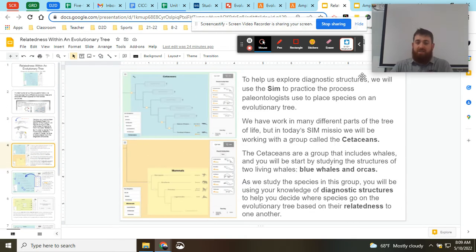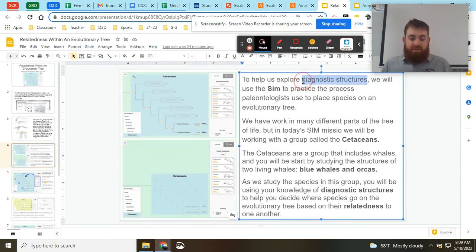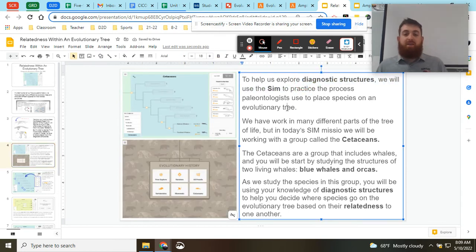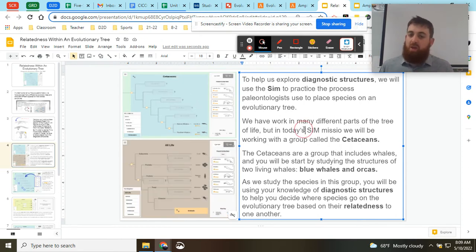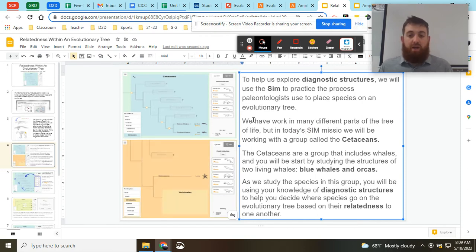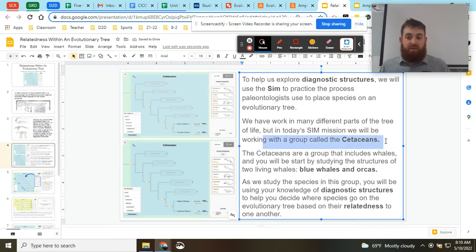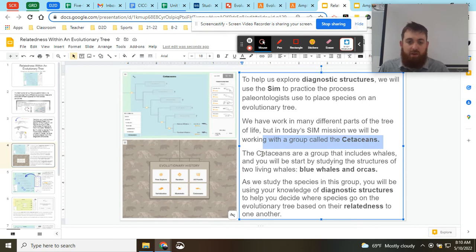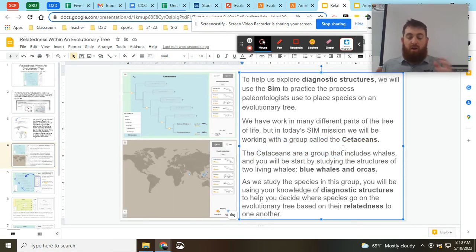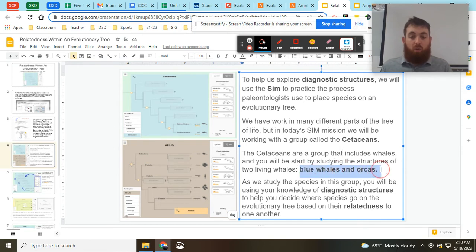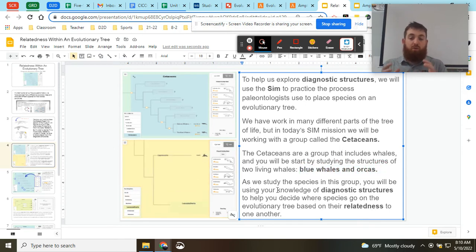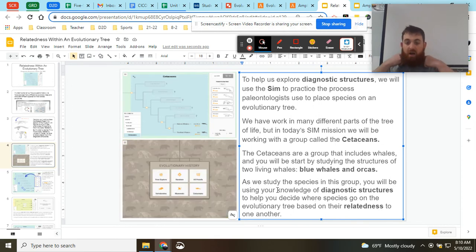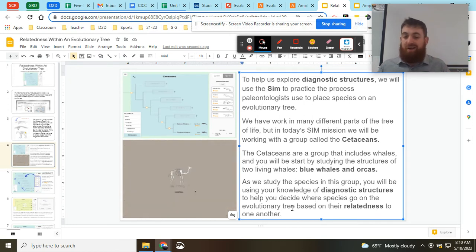So, to help us explore these diagnostic structures, we're going to be diving into our sim today and practice the process that paleontologists use to place species on the evolutionary tree that we see here. We're going to be working with a different part of the tree in our sim for today's mission. We're going to be working with a group called the Cetaceans. And this cetacean group includes whales and other species like the blue whale and the orcas. So we're going to be studying these species in this group, and we're going to be using our knowledge of diagnostic structures to help us decide where a species goes on the evolutionary tree based on their relatedness